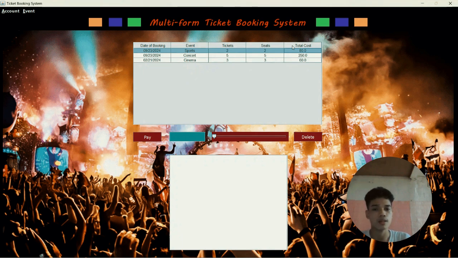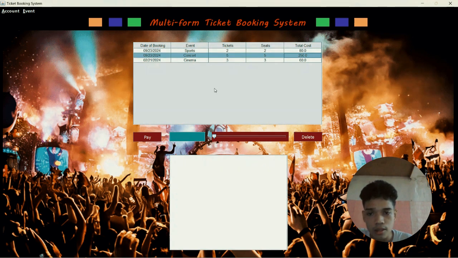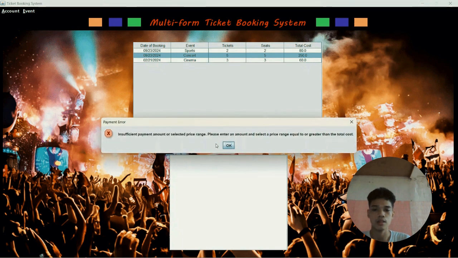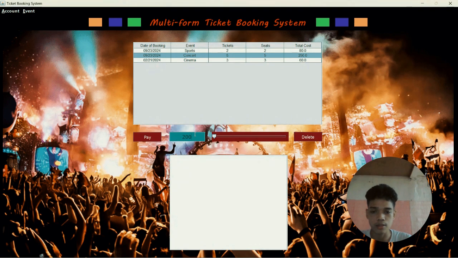So I want to pay here. I want to pay one row here by selecting this one, concert. So I need to type a price. So it is 250. If I type 200 and select display, it shows an error that insufficient payment amount or selected price range. Please enter an amount and select the price range equal to or greater than the total cost. We need to enter 250 and slide this